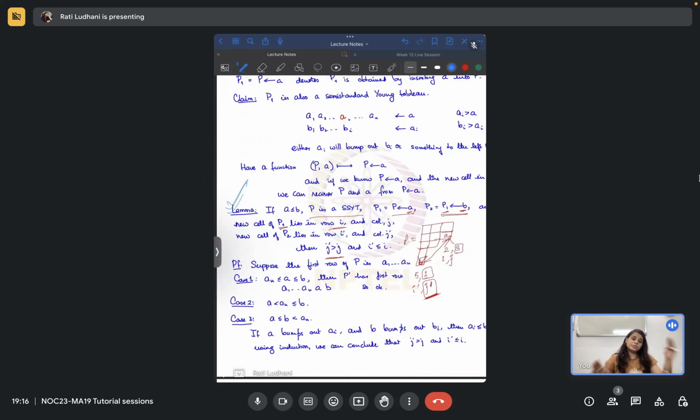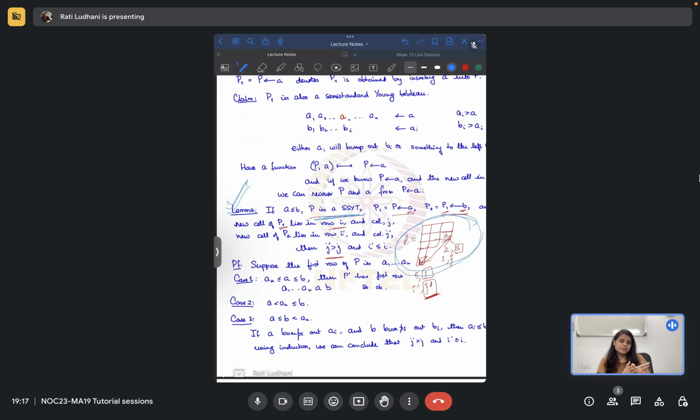we consider the rightmost. So when we have the case where the numbers are the same, then we will consider the rightmost one. That must be the next one. But definitely we need to prove it for this, because this is for the condition that P is in SSYT. But the point is, this is anyway. So P we are considering from the right one. Okay, right one means